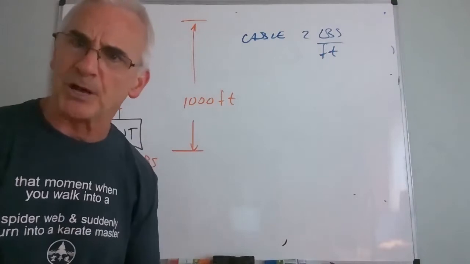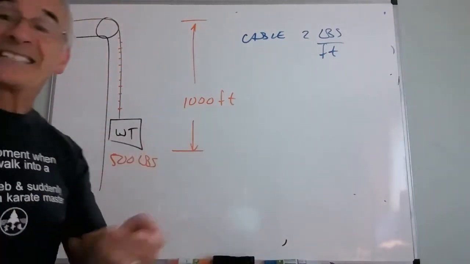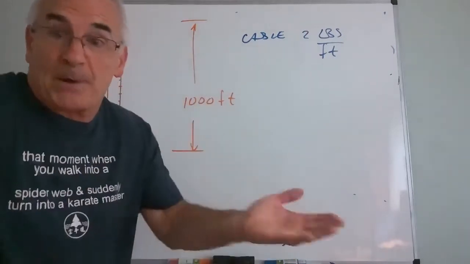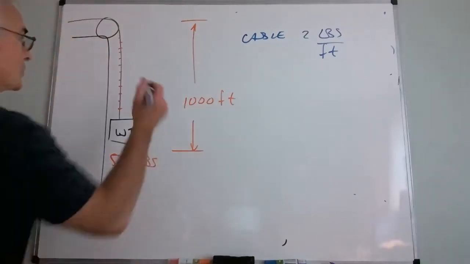So can I just multiply the 2,000 pounds? No, because it's not going to weigh that much all the time. Exactly. When I'm halfway up, I only have half as much cable. So I have to figure out a way to do this. So what we're going to do is,